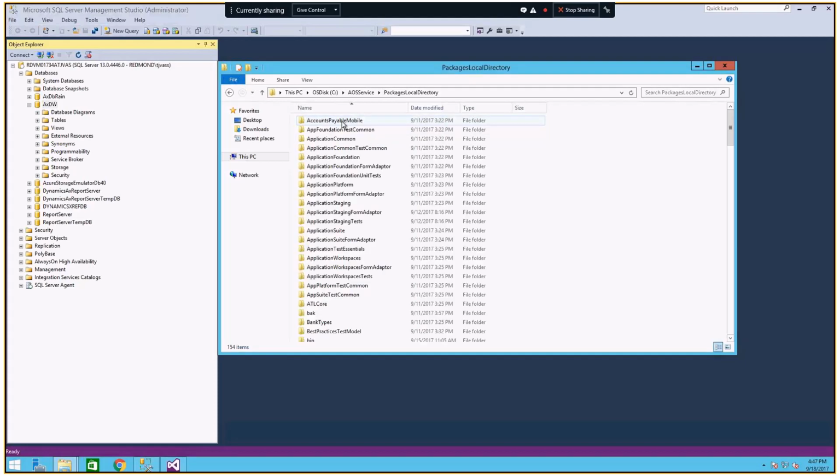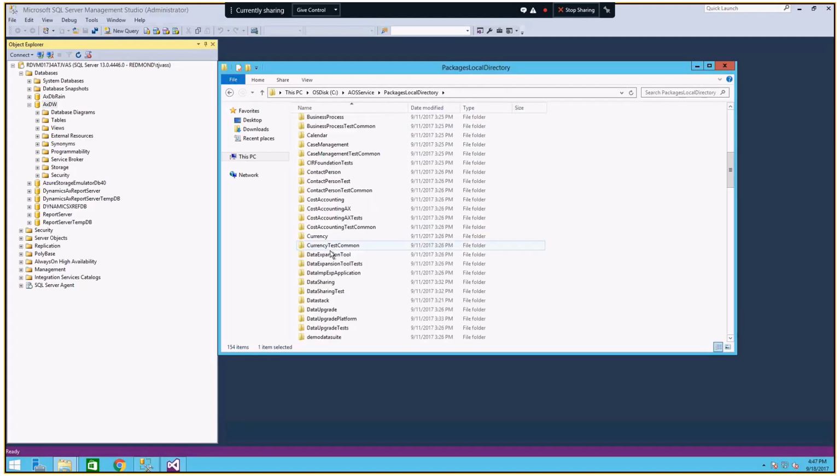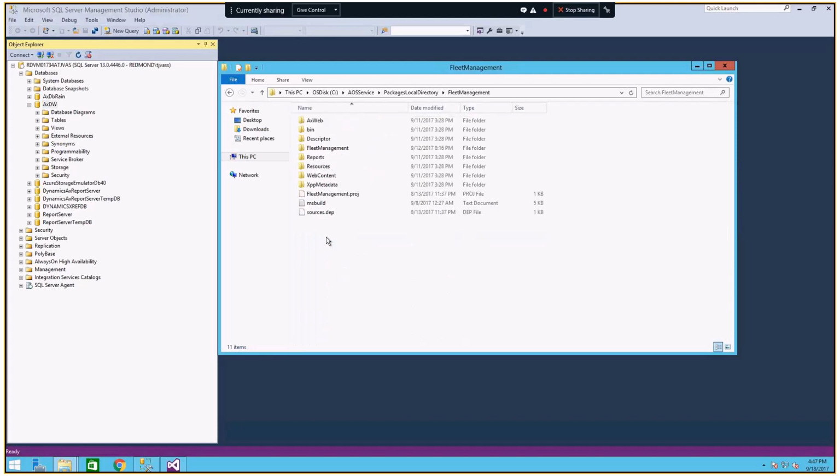And what it has in here is effectively all of the metadata that's used to build D365 for Operations, including all of the Power BI reports that ship with the product. So I can come in here and actually locate these. I'm going to go into App Suite. If I just really quickly wanted to see fleets, it's the easiest. I would come and find the fleets model,